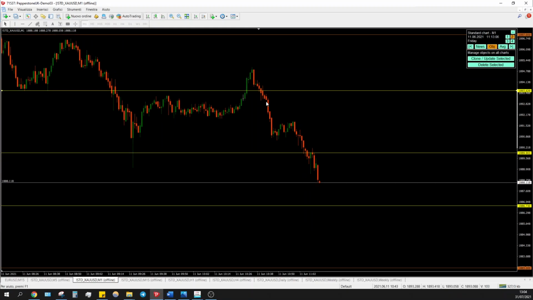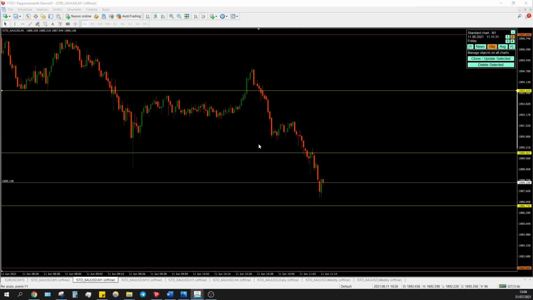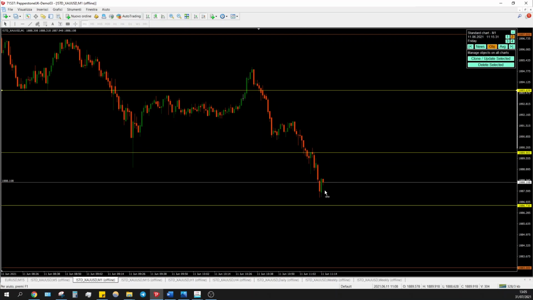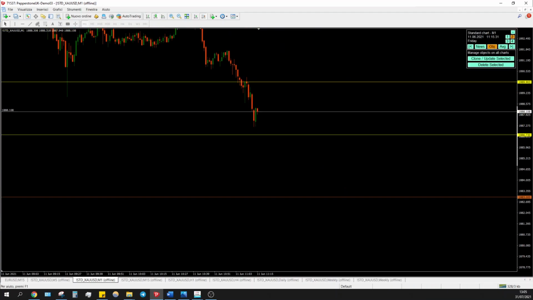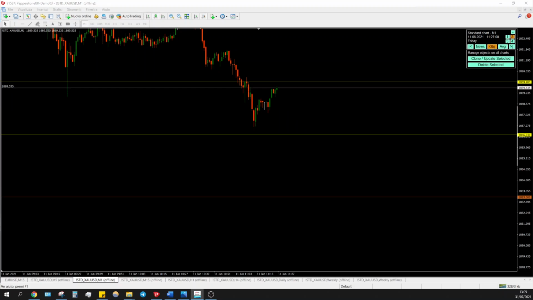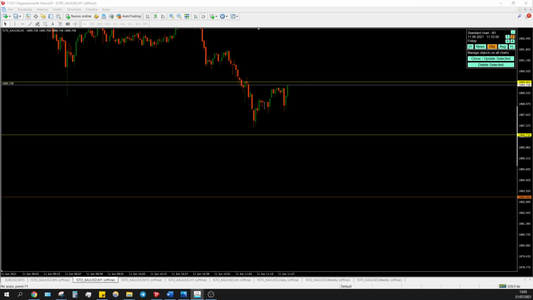Very clean. Lovely price action indeed. This was like 30 pips already. Okay, now we are going towards New York. I want to see a retest and